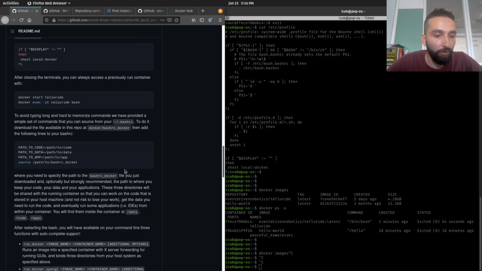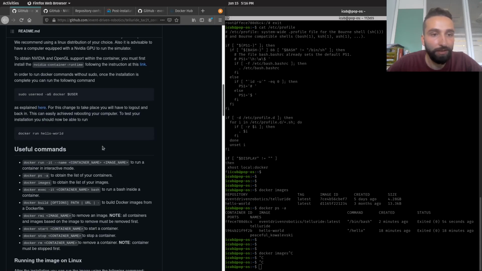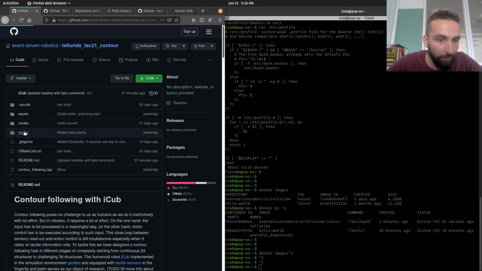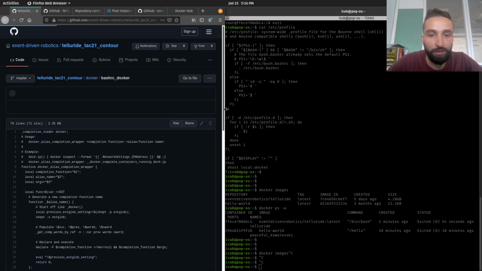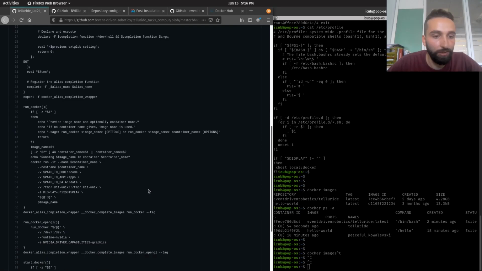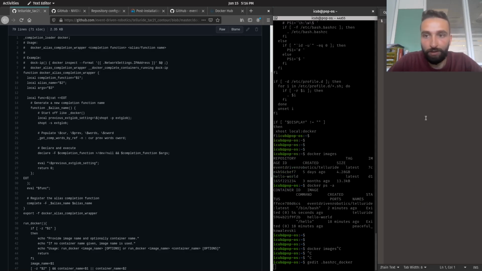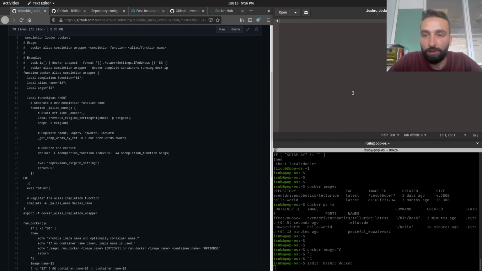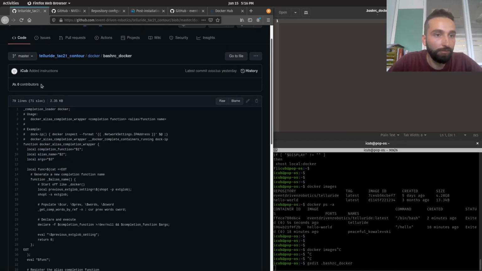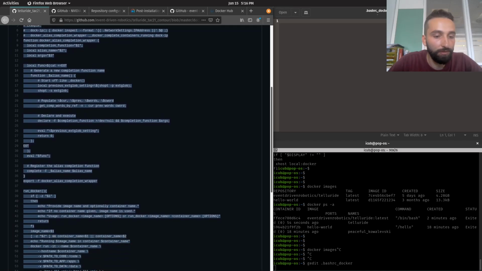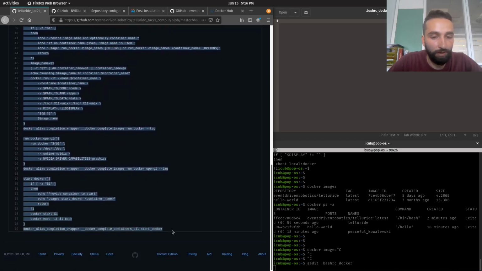So in order to avoid this, I have provided here inside the Docker a bashrc Docker file that you can get. Let's call this bashrc Docker. Okay, and here I can basically copy the content of this file,